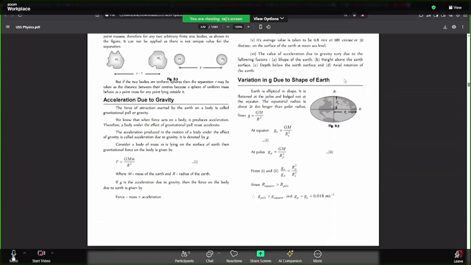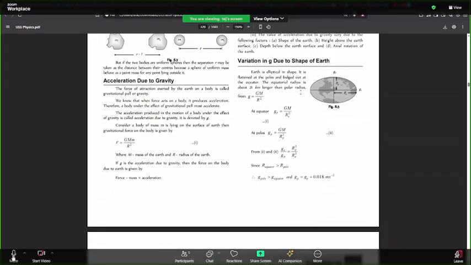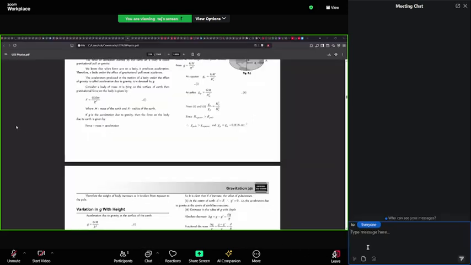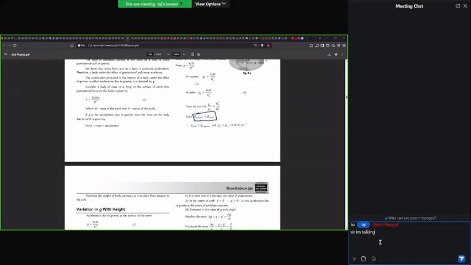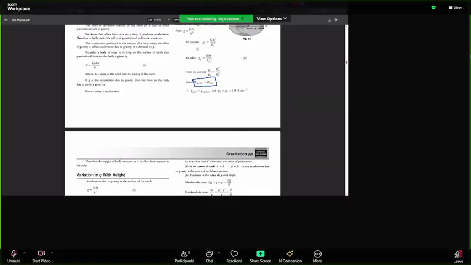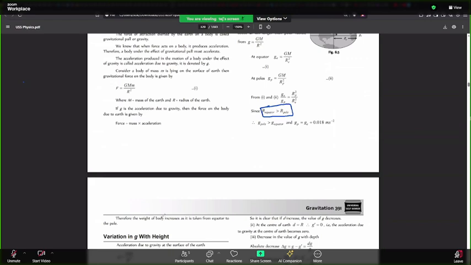Now, variation of g due to the shape of the earth. Okay, fine, this I see there. Here it's the most important. The next thing that is important: g at the equator is less than at the pole. This is since R at the equator is greater than at the pole. What we do here is